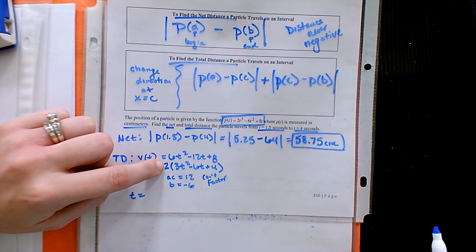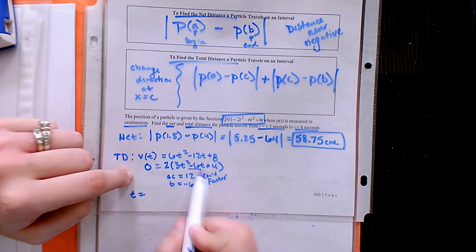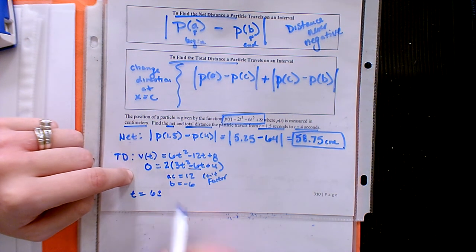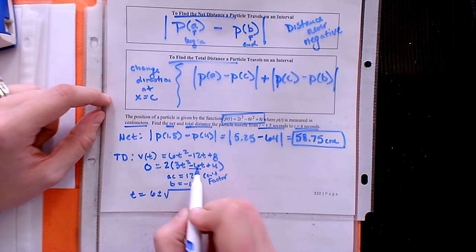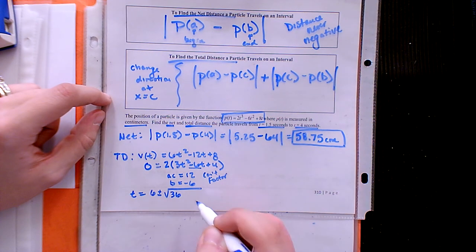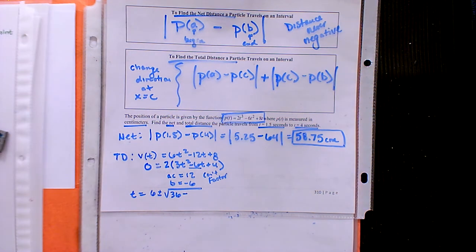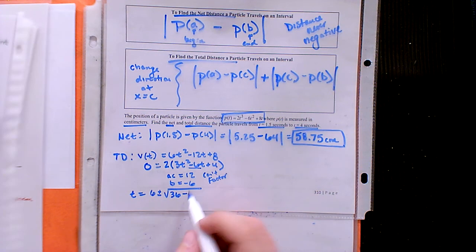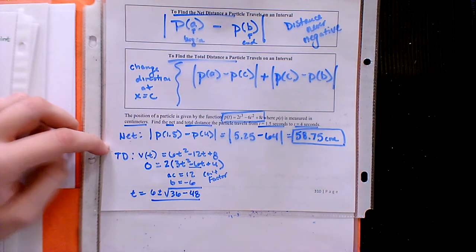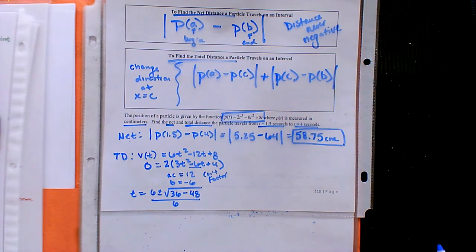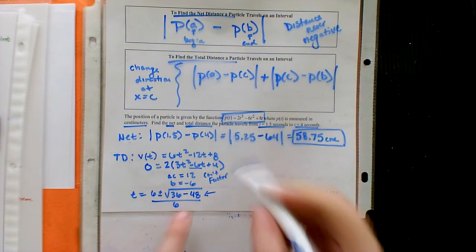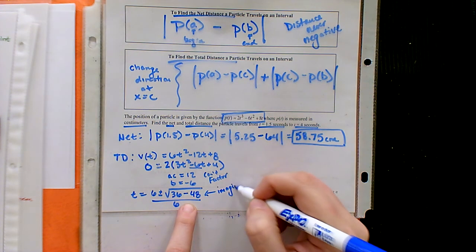Okay. I'm going to ignore the 2 because we factored that out. We need the opposite of b, so that'd be 6, plus or minus square root b squared. Negative 6 squared is 36, minus 4 times a times c. 4 times 3 times 4, 48. All over 2a. 2 times 3 would be 6. What's going to happen if we solve? There's going to be a negative number in the radical. We're going to get an imaginary number.